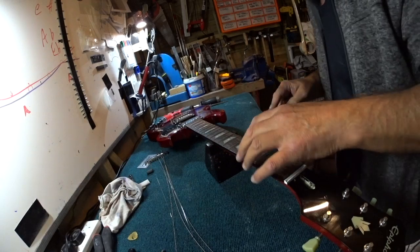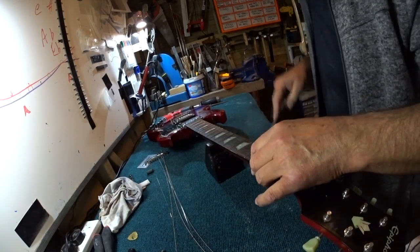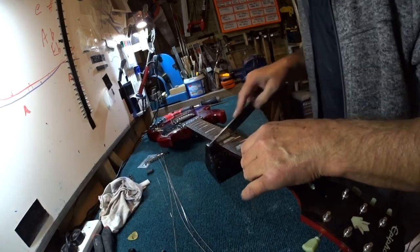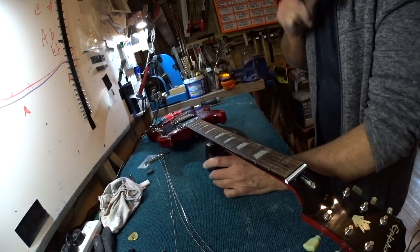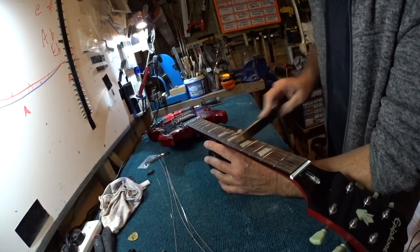There's hardly any material taken off here, as evidenced by the fact that I'm not spending any time leveling these off. When we come to one or two at the end, well, there's one that has a little bit more, and I have to just hang around a tiny bit more, taking it back to a nice arch shape. And the fact is that in doing it,